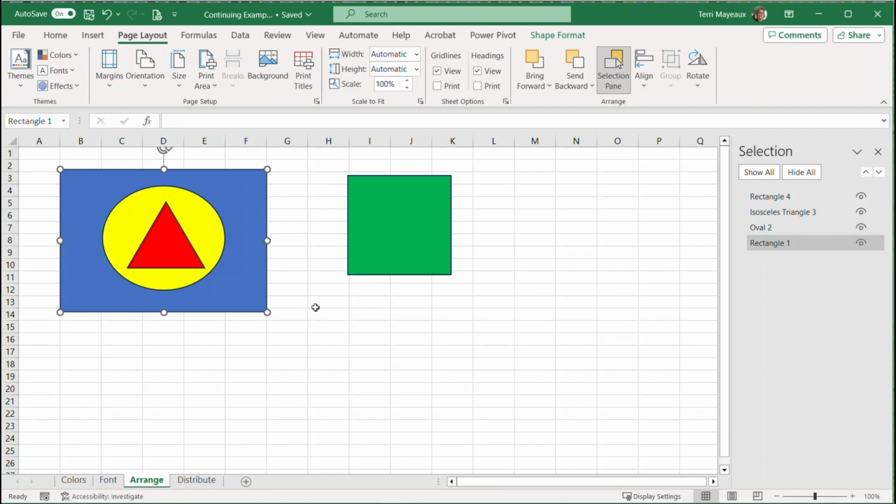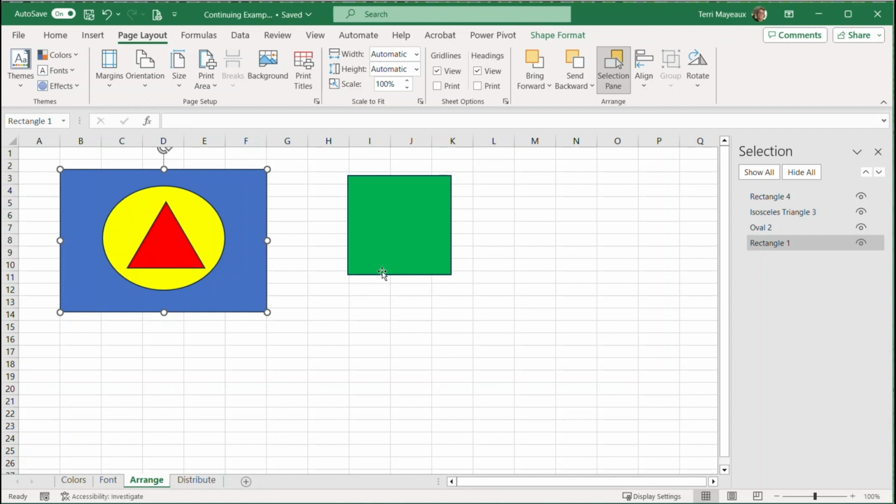And then, since it's selected, I could change its color or the outline color or do all sorts of interesting things with them. When you have a very complicated set of images and different shapes that you have inserted, this might be a big help, helping you find what you're looking for